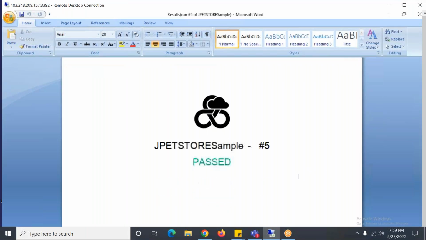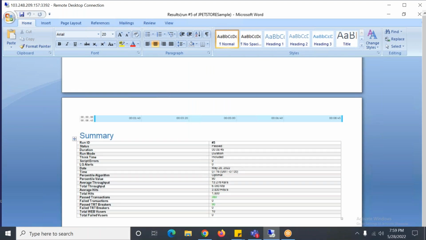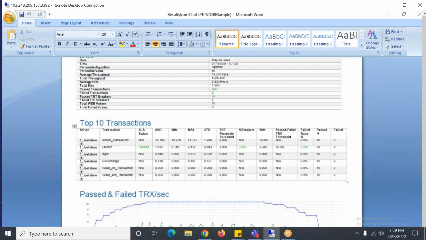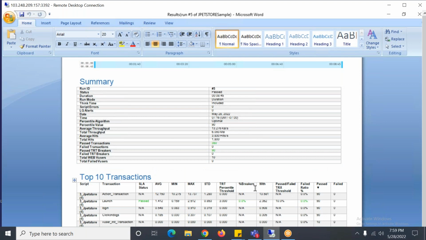Suppose the same test we are doing in our free trial version, like the next 50 users we can run. What is the difference between here and there? Is there any performance difference, because the machine is in the cloud, right? So mostly some difference will be there. I am not aware of that. So what is the stability, security, or performance increment if we are getting a better result from the cloud? Then what is the reason we normally go to Performance Center?